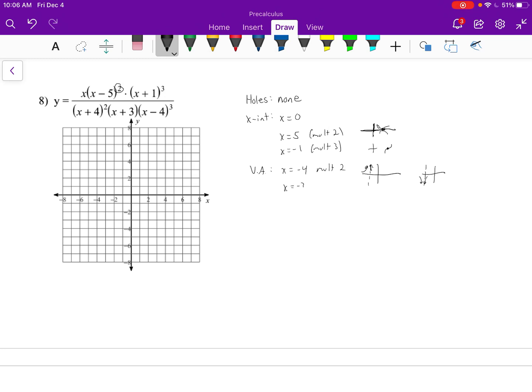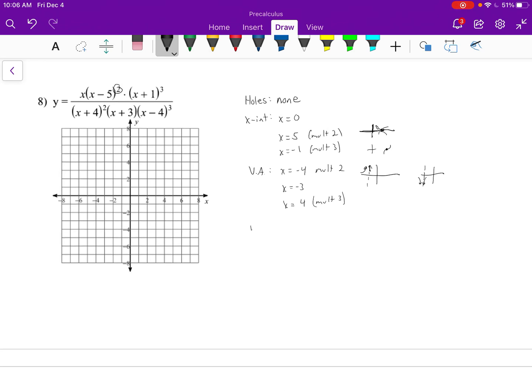Another vertical asymptote is x equals -3, so they're going to be really close to each other. And then x equals 4, which is multiplicity 3, but it's odd. That means on one side of the asymptote it will go up, and on the other side of the asymptote it will go down. Our horizontal or slant asymptote,